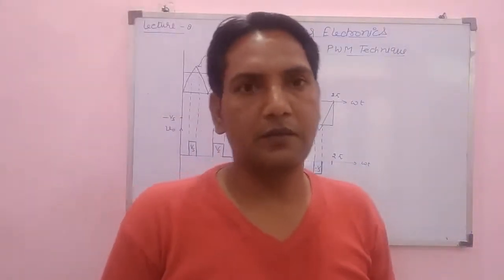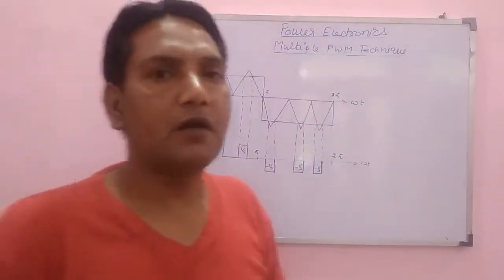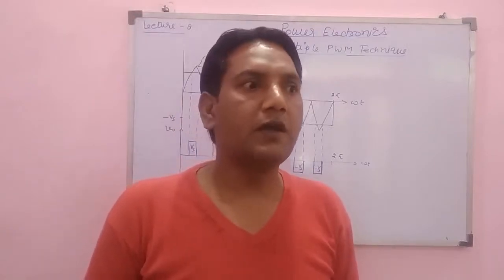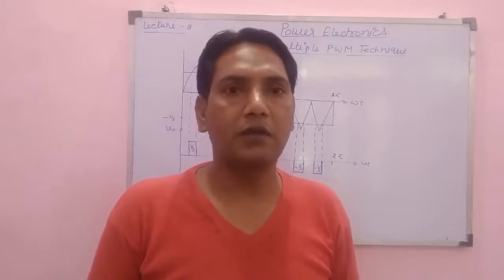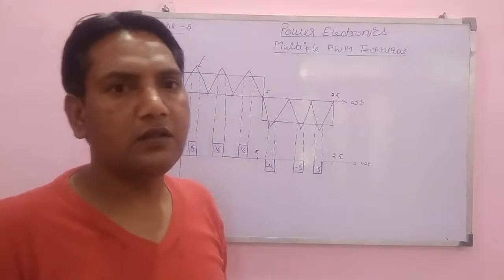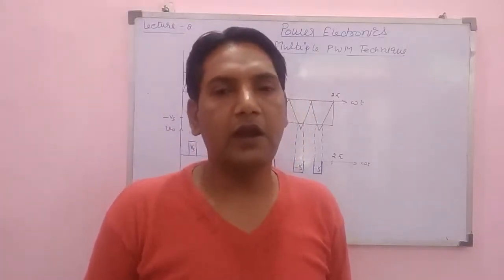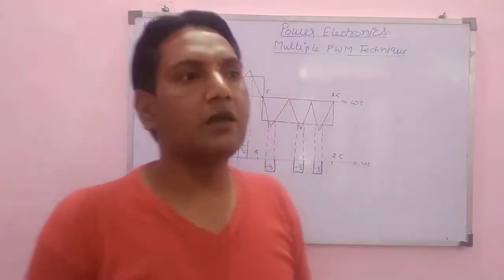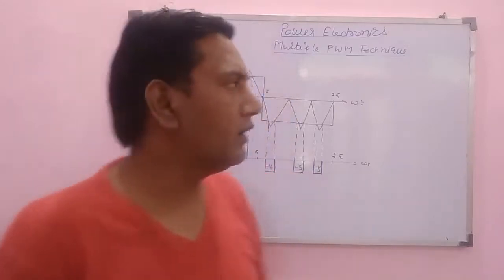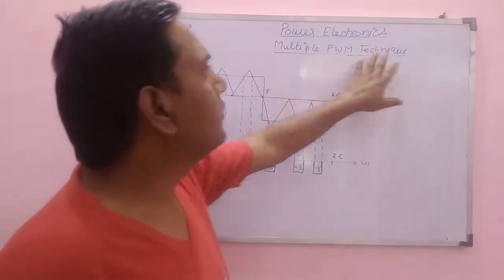And in this lecture we will discuss the multiple pulse width modulation technique. In the previous lecture we covered the single pulse width modulation technique, in which we created only a single pulse of the output voltage in each half cycle. During the first half cycle the pulse has positive amplitude, that is Vs, and in the next half cycle the pulse of output voltage has negative magnitude, that is minus Vs. So here you can see that it is a pulse width modulation technique.